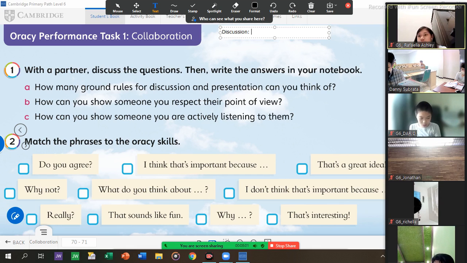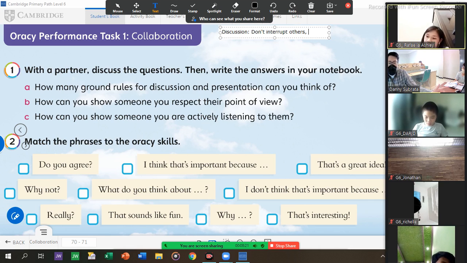Yes, don't interrupt others. Good. What else? Let's try to use 3 ground rules, just 3 ground rules for the discussion. Do not interrupt others. What else?